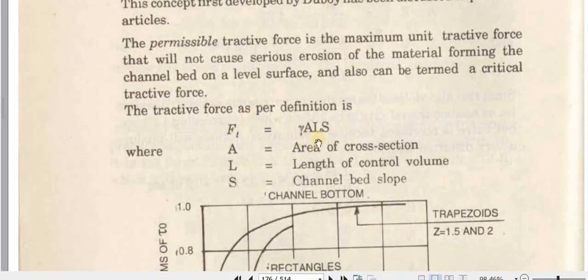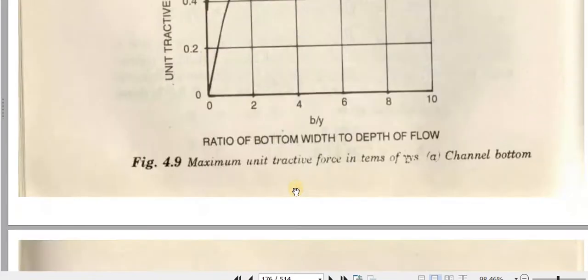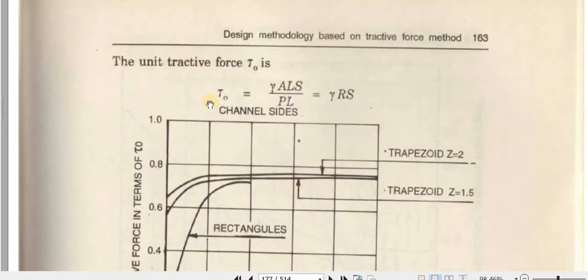So tractive force is equal to gamma ALS. A is the cross-sectional area and L is the length of the control volume. So AL represents that this tractive force method is based on the channel cross section, I mean to say the bed and the banks, and it does not focus on single particles. L is the length of the control volume, S is the slope of the channel bed, and this is the unit tractive force, gamma